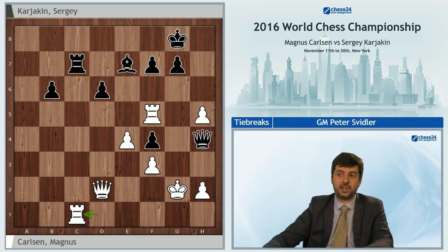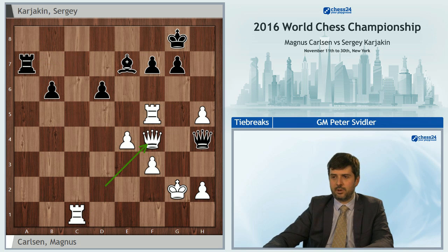Black, of course, cannot trade any pieces, so rook a7, queen takes f4, rook a2 check. Queen takes f4 had taken Magnus, I think, maybe a minute and a half to play. He did spend some time here. And by this point, live on air, me and Jan managed to figure out the line that happened in the